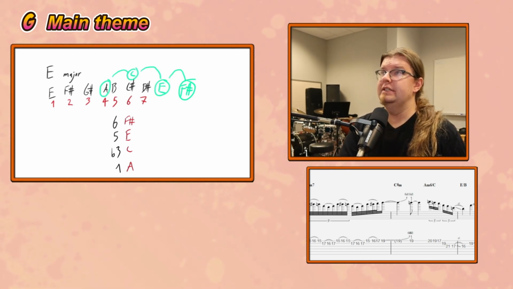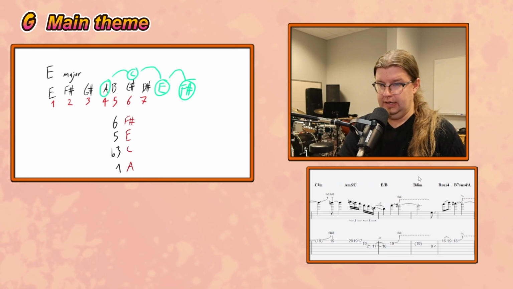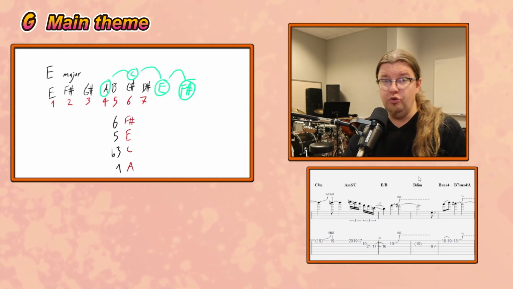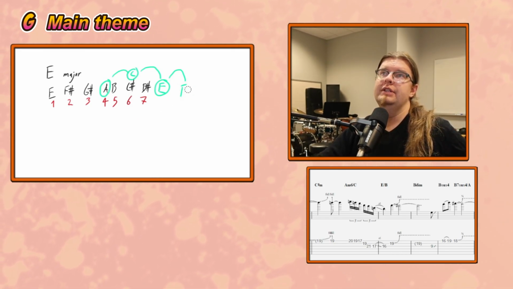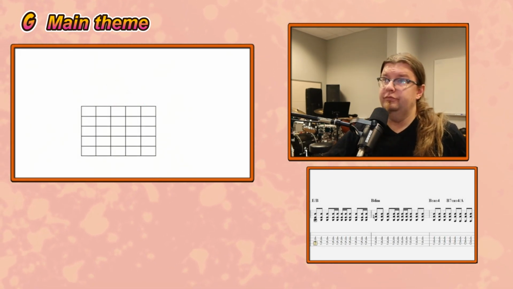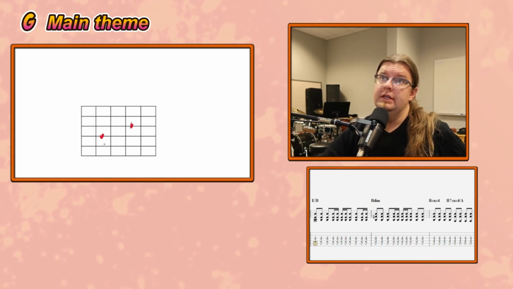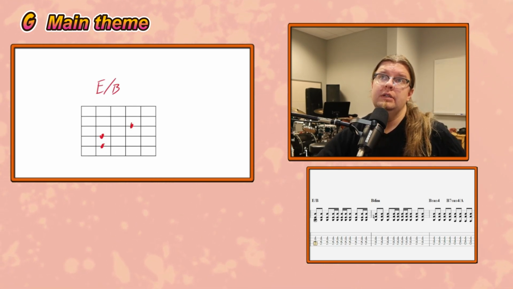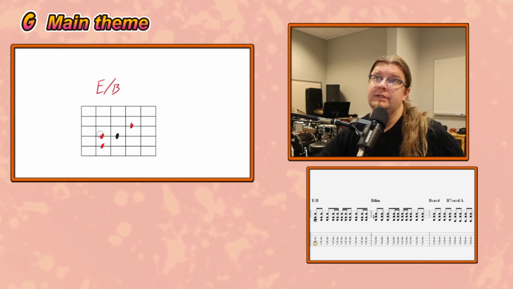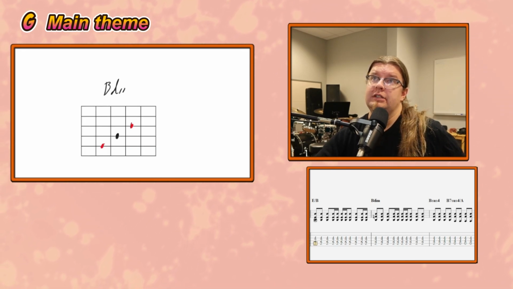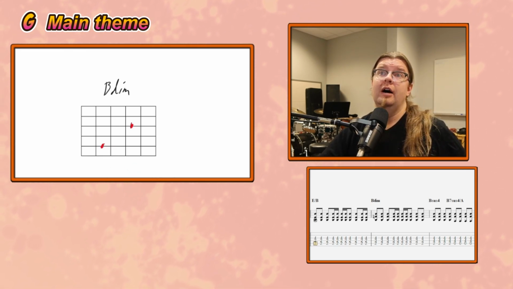Then comes something a bit different, a B diminished, going into a kind of B dominant movement. So what is going on here? Let us look at the rhythm guitar again. So the first chord is this, which is an E with the B in the bass. After that, we are turning it into this chord instead of that, and this becomes a B diminished. Makes sense? Then the rhythm guitar goes up yet again,